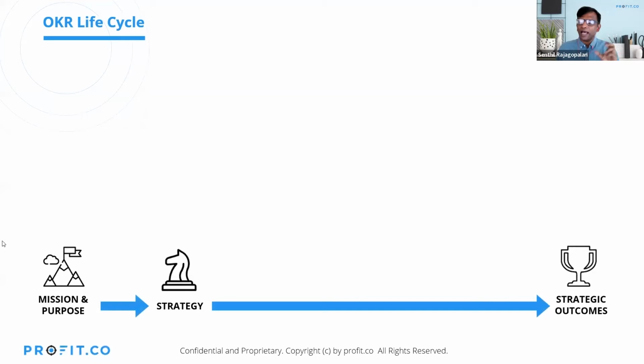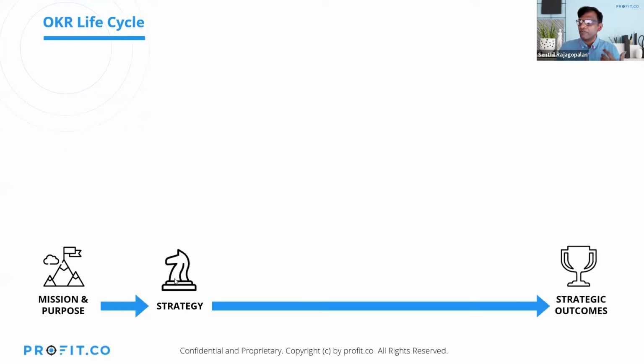How does an OKR life cycle look? When you look at a quarter or a year, how does an OKR life cycle look? You have the mission and purpose of a company. We all know, for example, Google's mission, to organize the world's information. And from the mission and purpose, you derive the strategy. So Google says that if mobile is becoming very popular, we need to have a mobile strategy. Android was born. So you define the strategy which is going to take you closer to the mission and